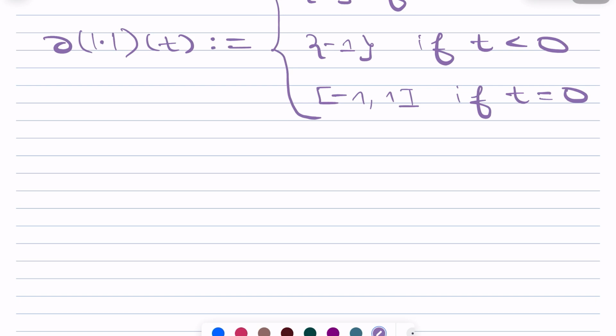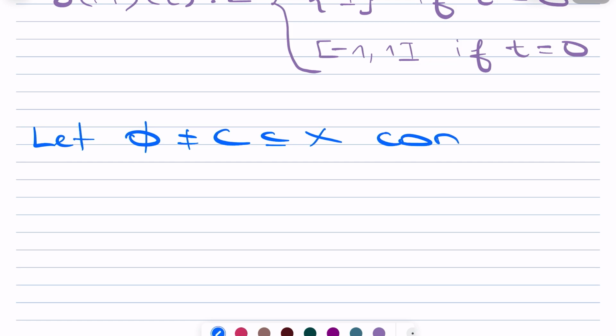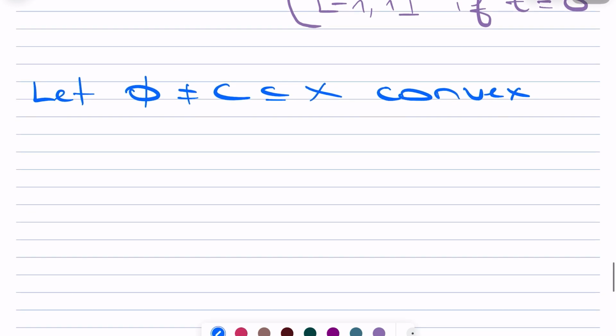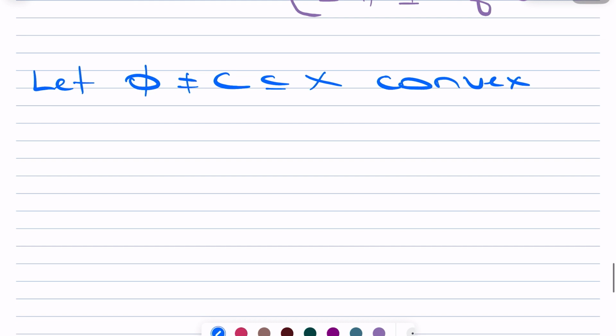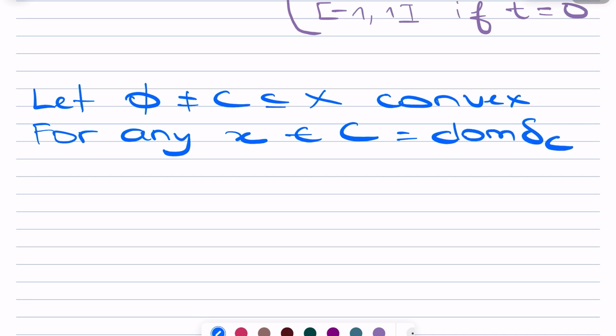Okay, so we can also give a more explicit characterization of the subdifferential of the indicator functional of a convex set. So let C be a non-empty convex subset of the space X. So for any X in C, which is again the domain of the indicator function delta C, we have